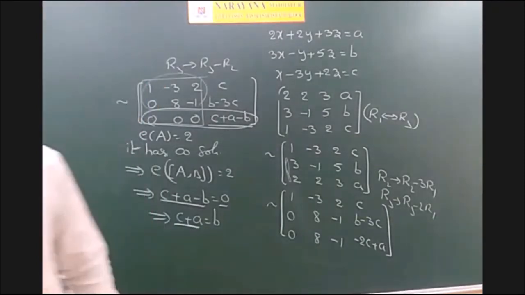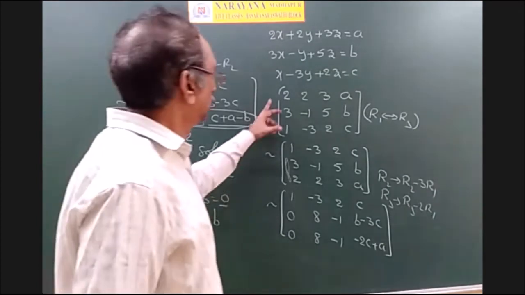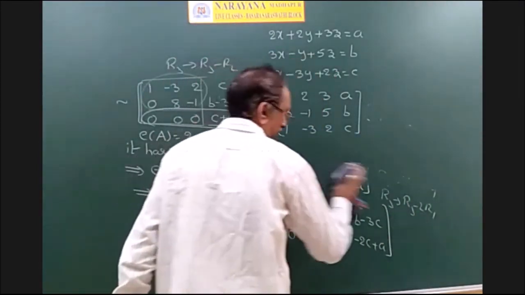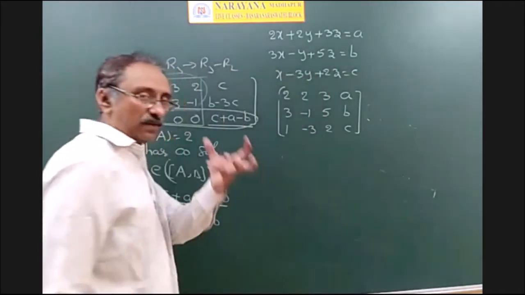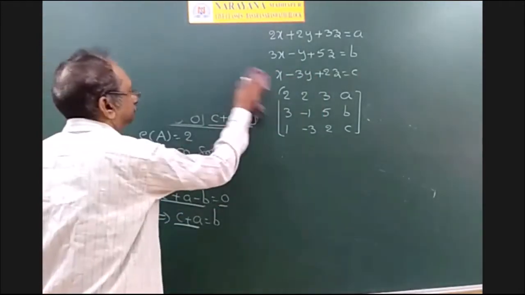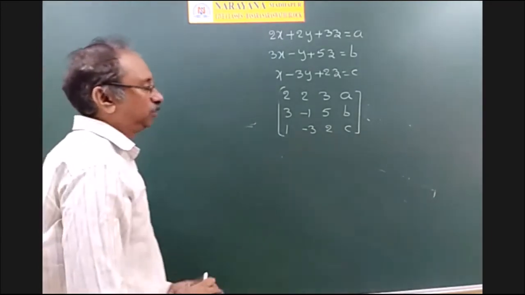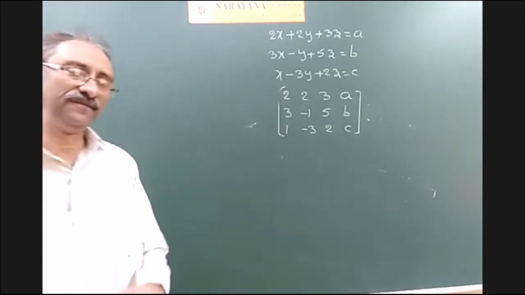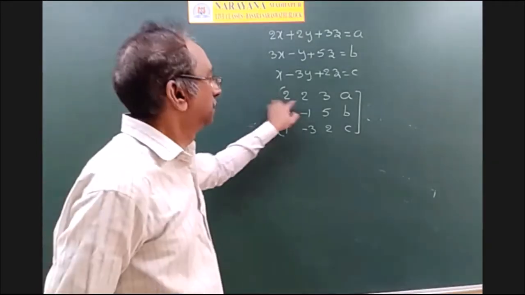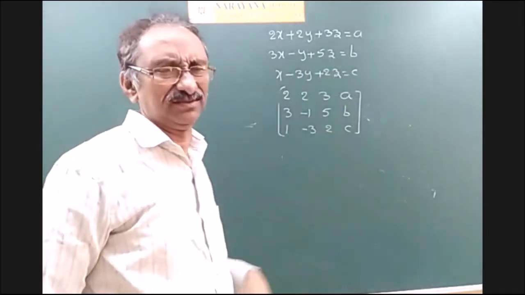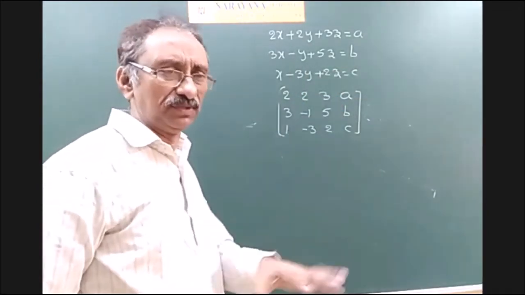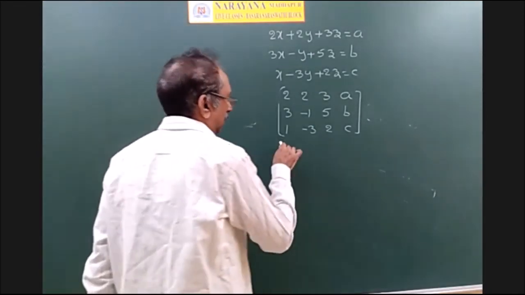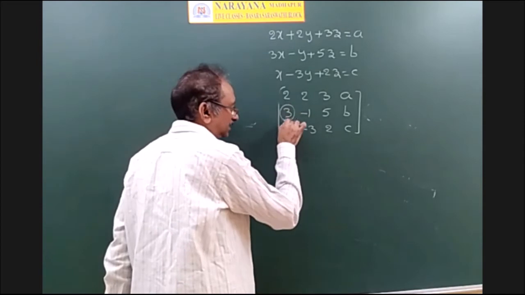Okay, and then see students, even though there is no 1 here, we can do the problem. This is also an important operation. We can combine two operations here. What are those operations? Suppose I make this 1 by dividing by 2. Then you will get 1, but here you will get fractions. Calculating or simplifying fractions is somewhat difficult, that's why I don't go for that. But I can use this operation to make this 0.